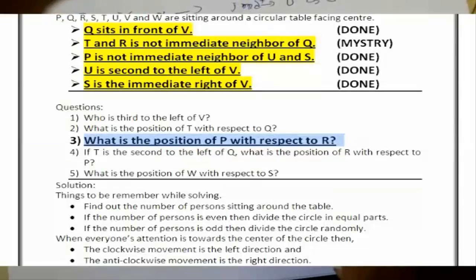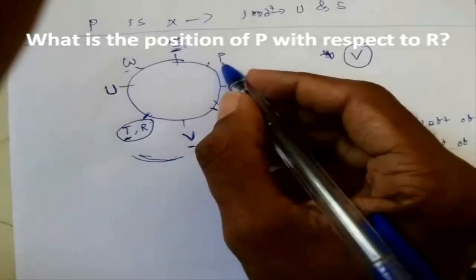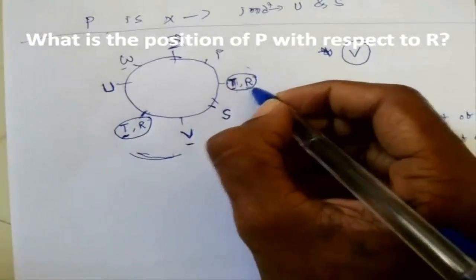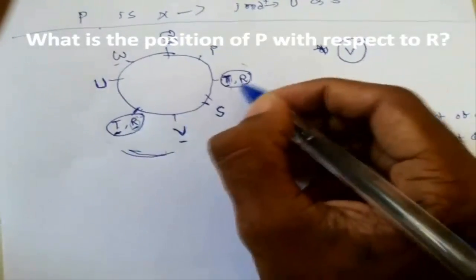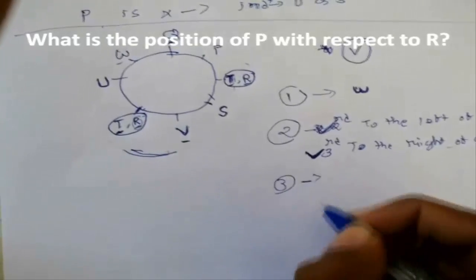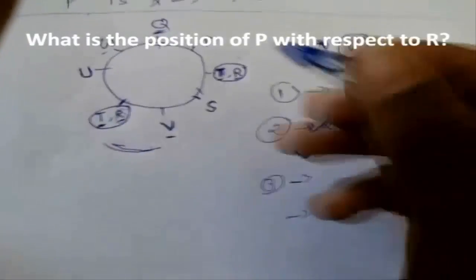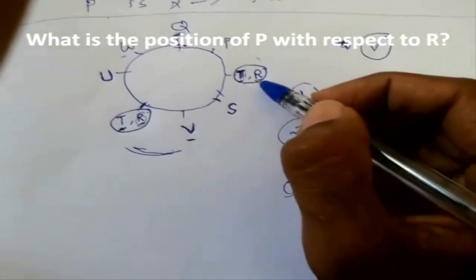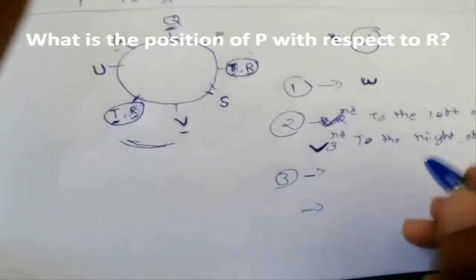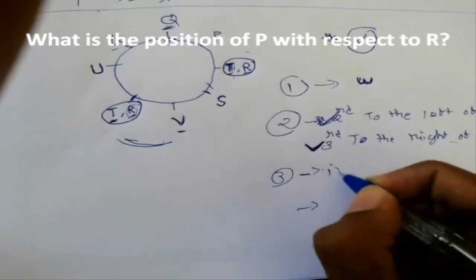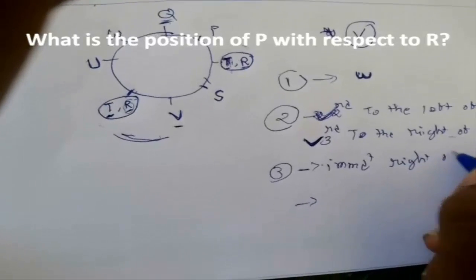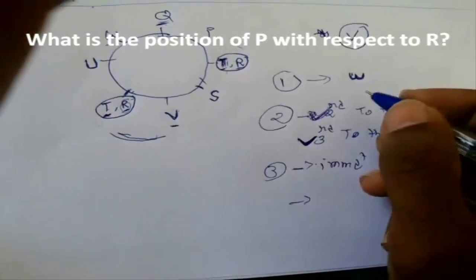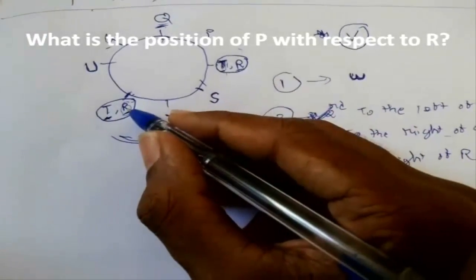Now the third question says, what is the position of P with respect to R? So R could be here and here also, so we have to check for both possibilities. So in this case, P is immediate right of R, immediate right of R, and here in this case